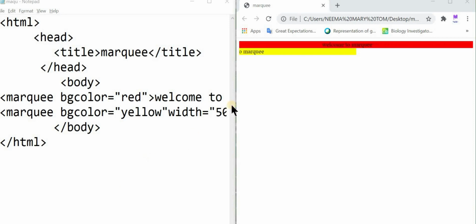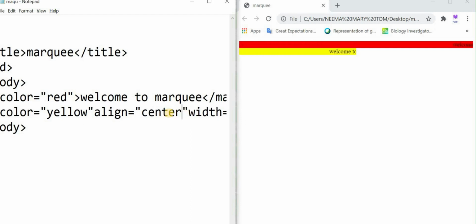Now let's try to align this marquee to the center or right. So let us try adding the align attribute here in the marquee tag. Align is equal to center, usually we align using the align attribute.